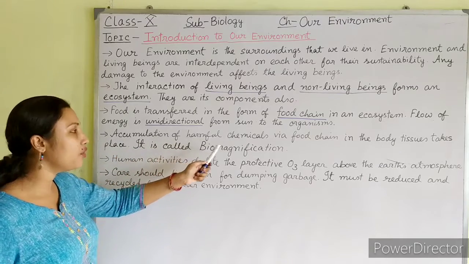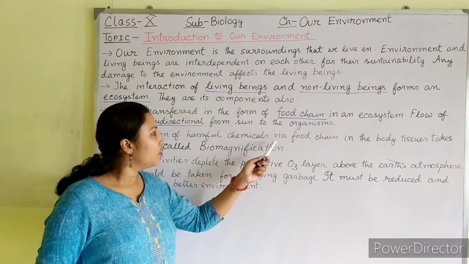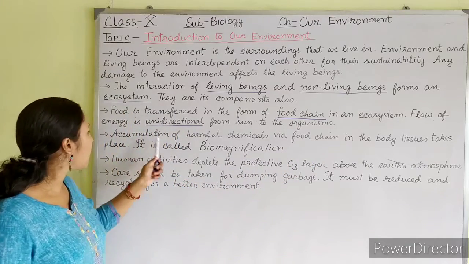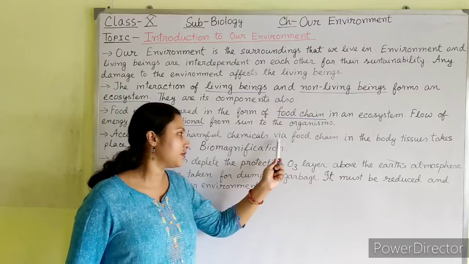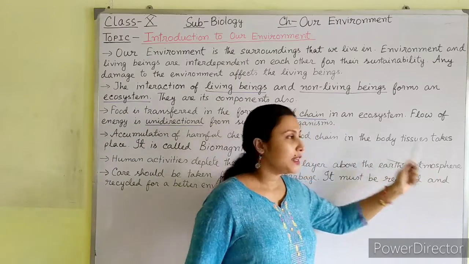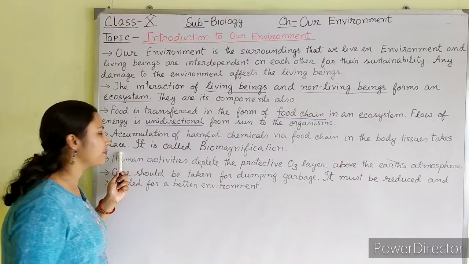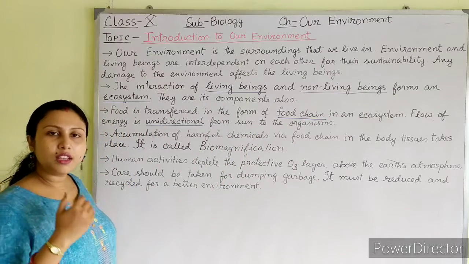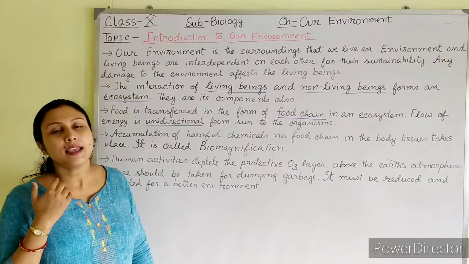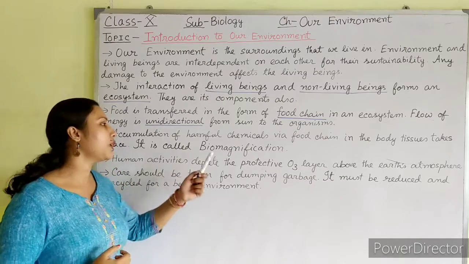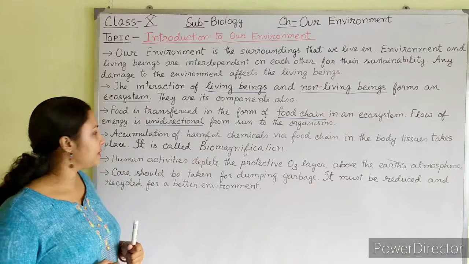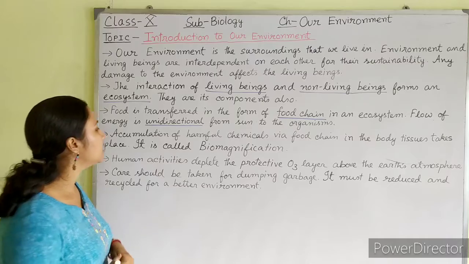Accumulation of harmful chemicals via the food chain. So accumulation of harmful chemicals via the food chain in the body tissues takes place. While the food chain is going on, in that process, accumulation of harmful chemicals in the body tissues takes place. It is called by